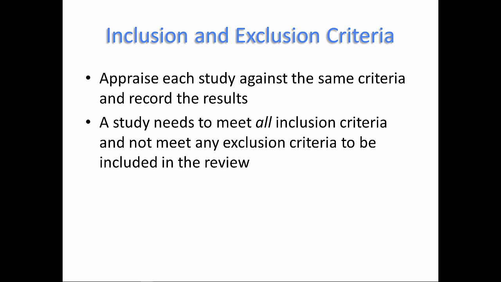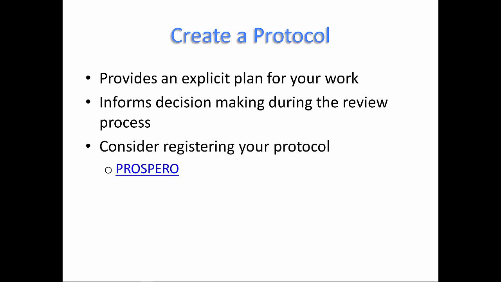Ideally, criteria should be detailed prior to starting the review. Specifying the methods in advance reduces the risk of introducing bias into the review. For example, clear inclusion criteria will avoid selecting studies according to whether their results reflect a favored conclusion. Sometimes it is necessary to reformulate inclusion and exclusion criteria during the review process. Creating a protocol is an important step in the review process. It aims to reduce the impact of authors' biases, promotes transparency of methods and processes, and reduces the potential for